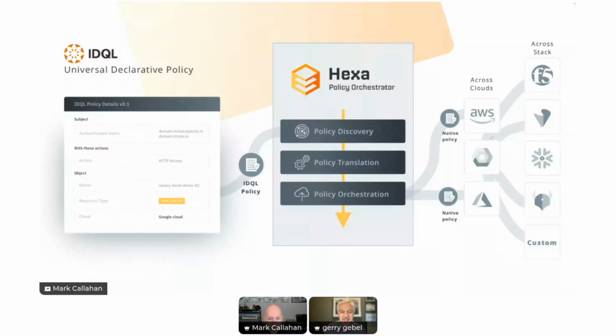Okay. Just to be clear, it's not like we would be able to eliminate all of the expertise. So you're saying I can't do it myself is what we're getting at there. Yes, I follow. Yes, that's fair enough. But I would say you would need fewer experts in the individual target systems, though you certainly need some of that expertise available. But then you can really leverage the capability of IDQL and Hexa and use that as a real leverage point to cover more systems and do it in a consistent way. Gotcha.